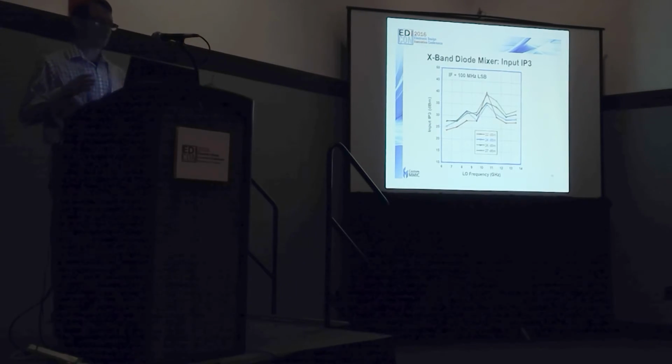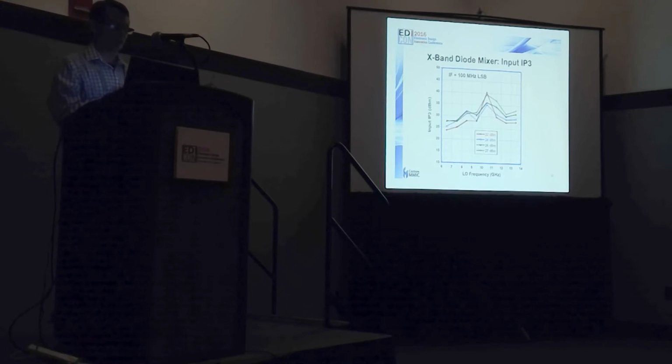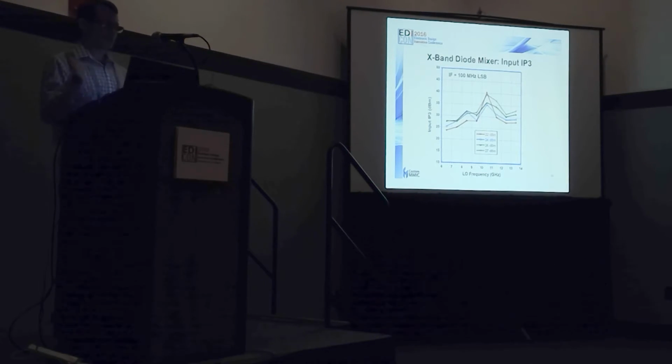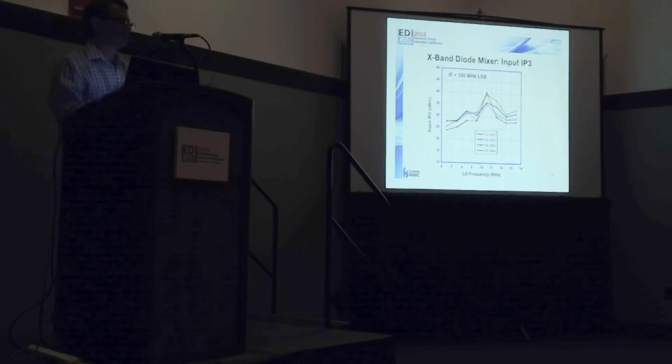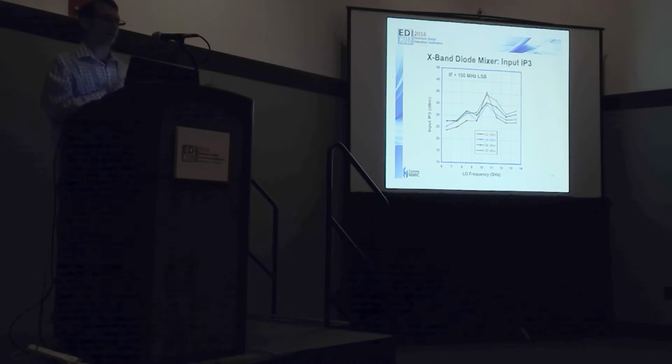And indeed, in terms of the input IP3, the linearity, we did see that payoff. So here, again, same conditions, sweep the LO frequency, fix the IF at 100 megahertz lower sideband for a down converter. What we see for our input IP3 is typically between 30 and about 38 dBm across the band. We get a nice about 2 gig bandwidth where that IP3 really peaked up. And if we drive it at 26, 27 dBm, again, we're approaching 40 dBm input IP3 for a diode mixer,